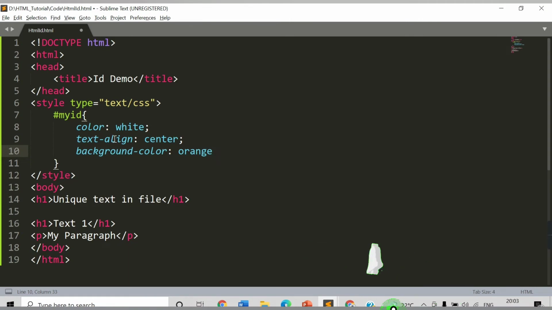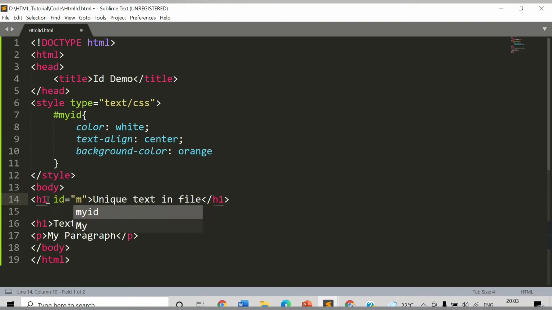So these are the three properties we have used for this ID, and if any tag wants to use this, we need to provide the myID. Let's say this is the unique tag in our file. So we can provide the ID attribute here, id, and the name of the ID, which in this case is myID.